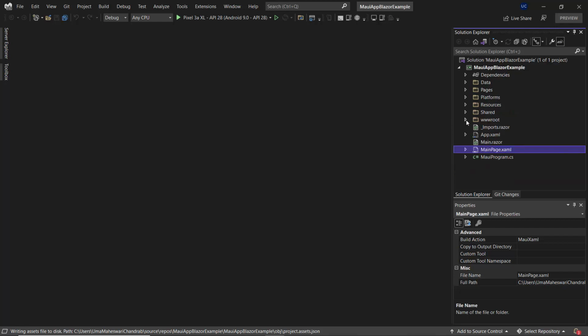In the same way, you can find the wwwroot folder with css and index.html file. You can also have a look at this imports.razor file, main.razor file, and a unique thing is we have the MAUI program.cs file.